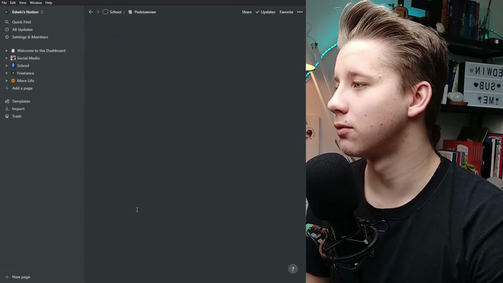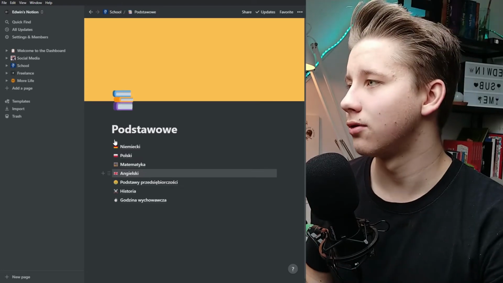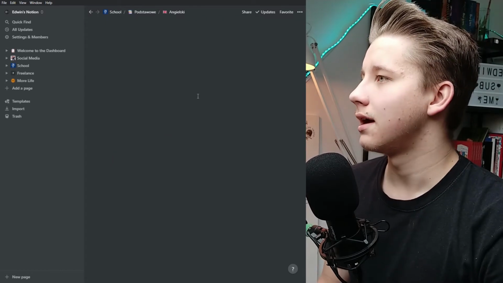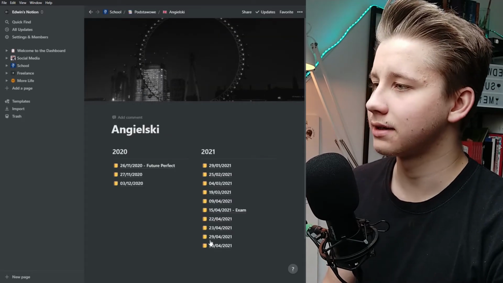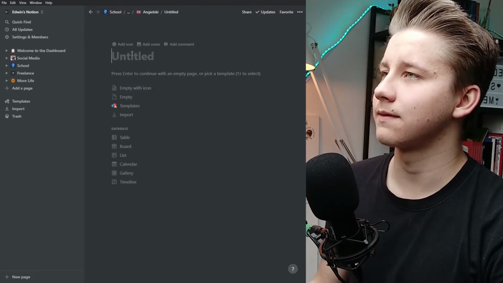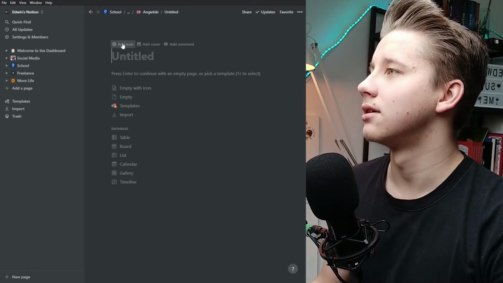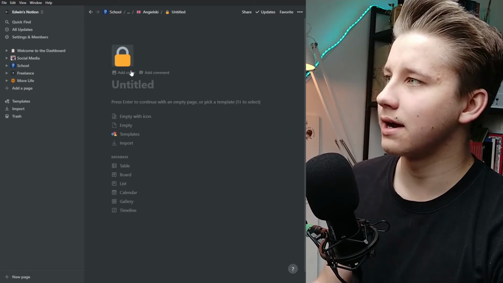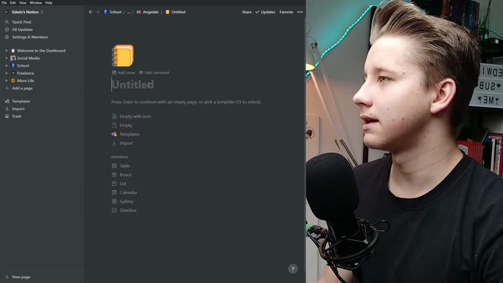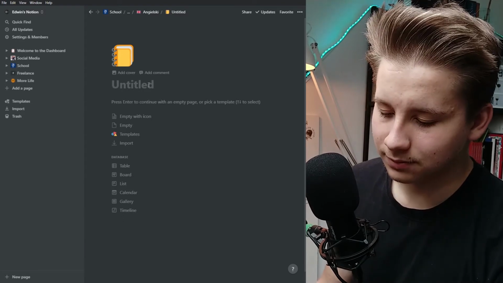For example, when I want to create some notes on my lecture, I go, for example, to this, then I check English, and I create a page. And in this page, I don't have any template because I'm super lazy. So I add icon of this yellow ledger. Then I write a date of this lecture, for example,